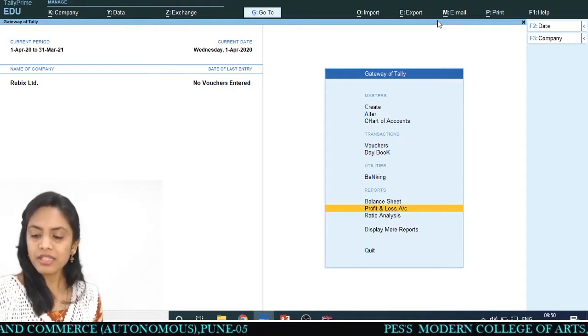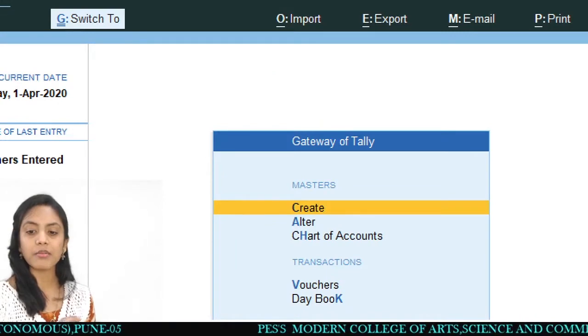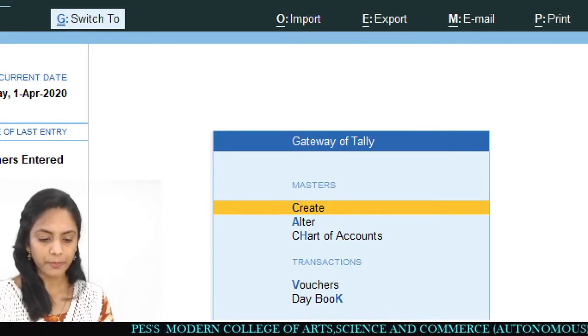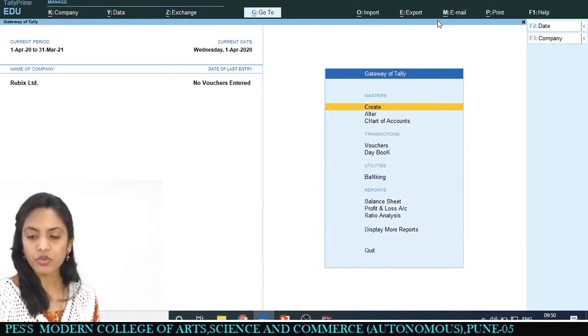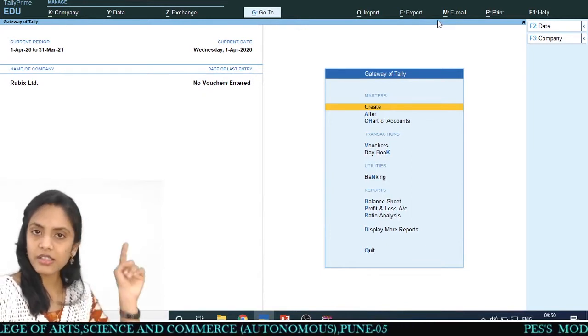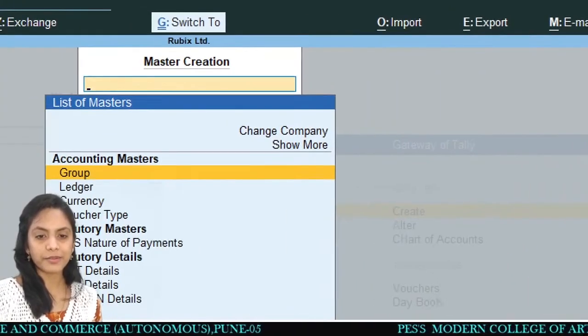Okay, after that we will create some masters over here. You can see that there are masters: create, alter, and chart of accounts. We will see them one by one. First of all, before creating anything, I will just enter create. You can see over here what is there.